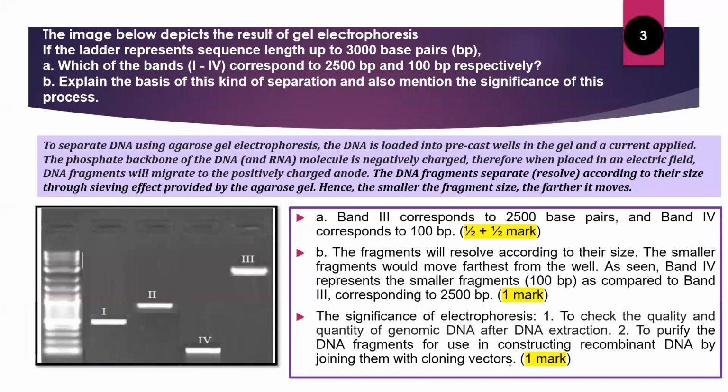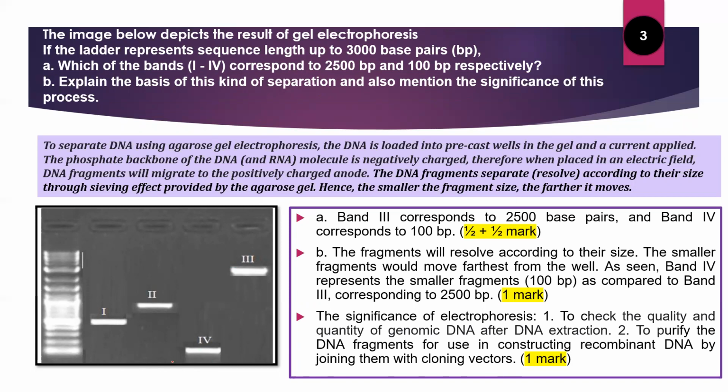The image below depicts the result of a gel electrophoresis. If the ladder represents sequence length up to 3000 base pairs, which of the bands 1 to 4 correspond to 2500 base pair and 100 base pair respectively? And part B, explain the basis of this kind of separation and also mention the significance of this process. Okay, so